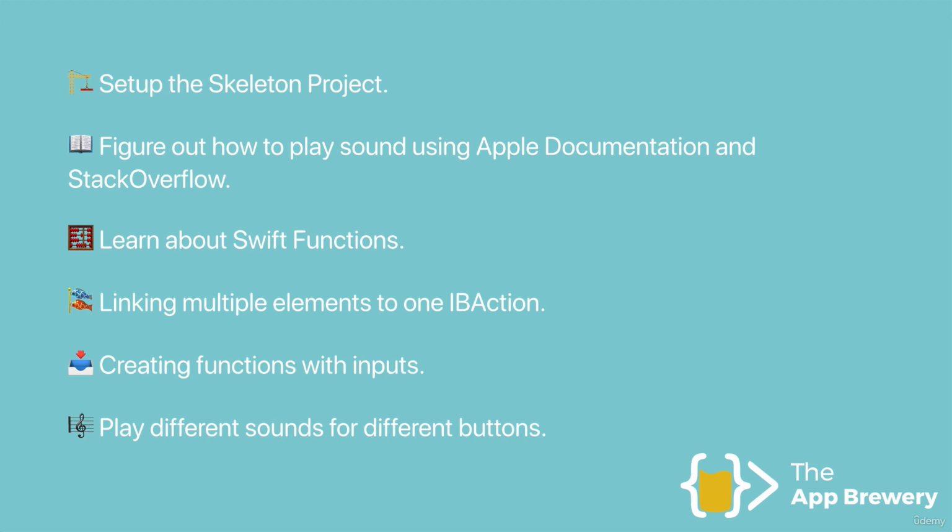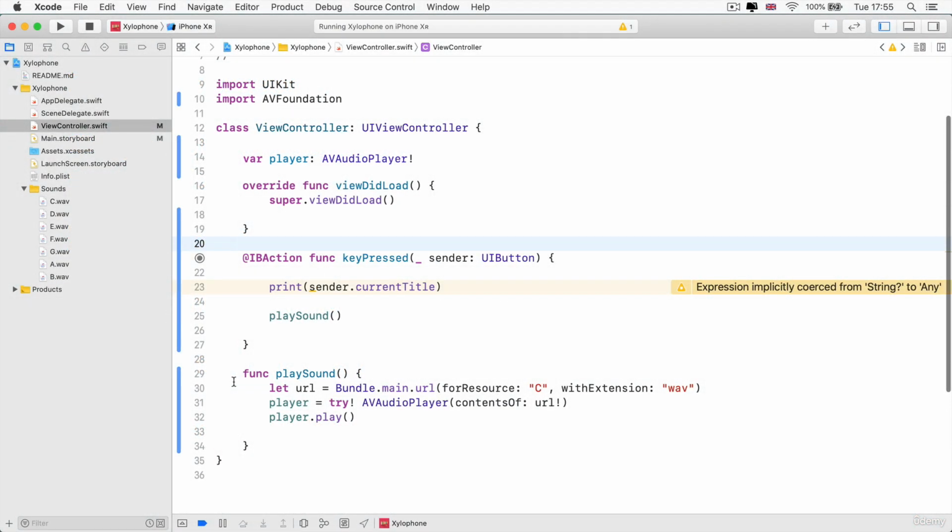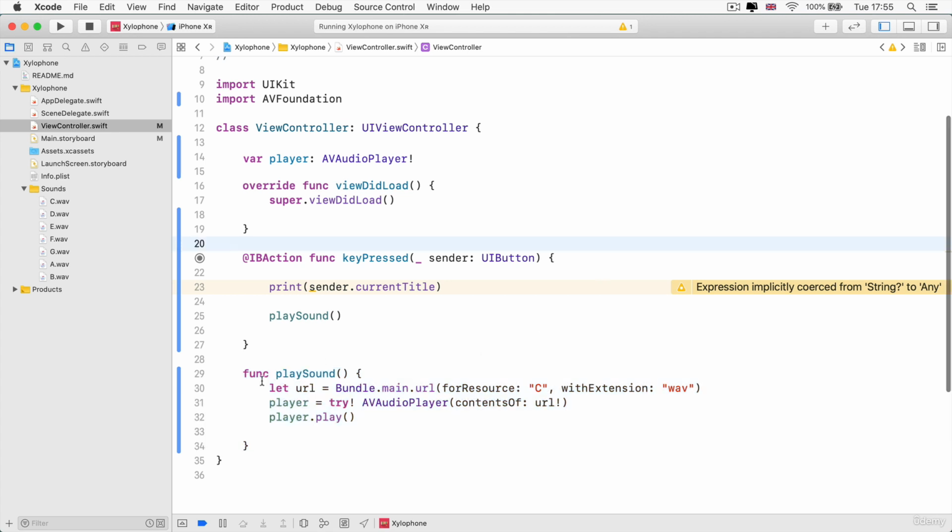Now that we're all skilled up on functions with inputs, we're finally ready to complete our xylophone app. Given that we've just learned all about function parameters and function arguments, I'd like to start this lesson with a